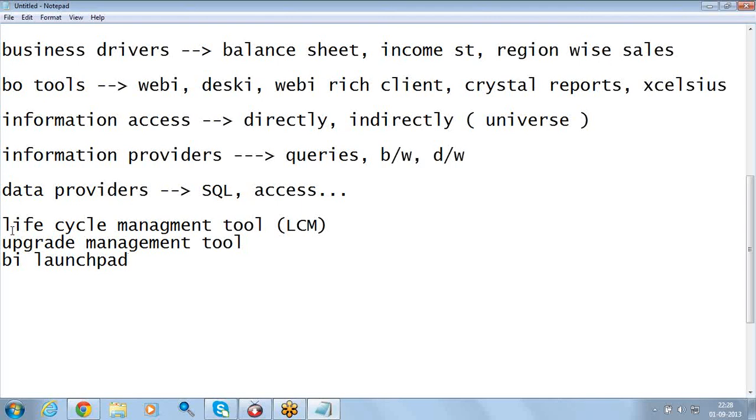The client wants the data in the form of pictures, in a graphical format, and the data format also. They want to analyze complete data. Then go for Crystal, obviously. Crystal Reports are very good when compared to other reporting tools.